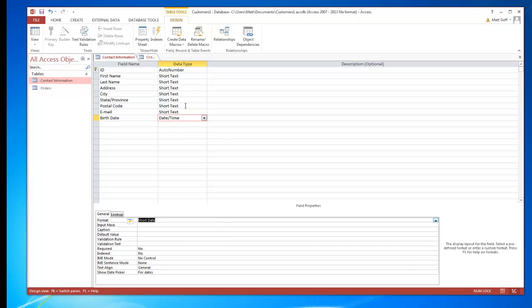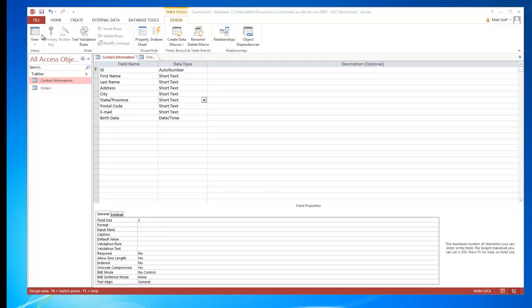Also, for state and province, leave it as a short text, but it has a field size of 255 characters. We only need 2, so we're going to change that to 2. That way someone doesn't have the ability to add more characters and cause problems with our database rendering records later on. Now we're going to go up to the View tab, or View button,